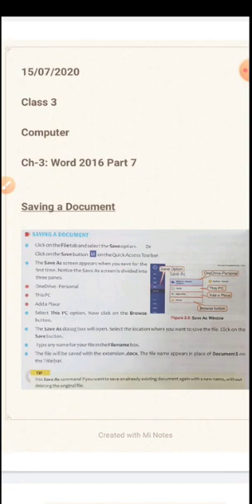Here one tip is also given. Use the Save As command if you want to save an already existing document again with a new name. For example, if you have done some work but you don't want to remove the previous file, meaning you don't want the changes to be erased, you want that file and also a new file with some changes.